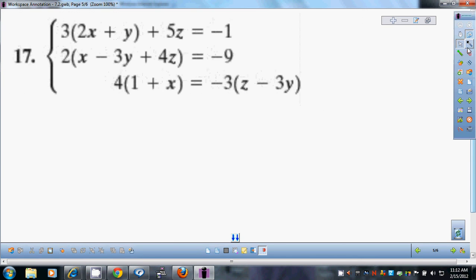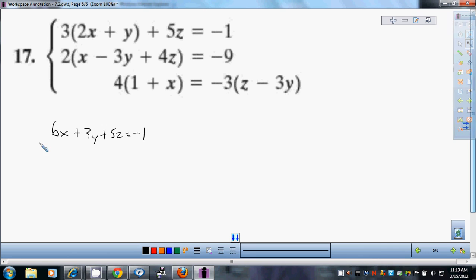We'll just set it up. I know you guys know how to work it once we get it set up. So that would be 6x plus 3y plus 5z equals negative 1. All we're doing right now is simplifying. All right, 2x